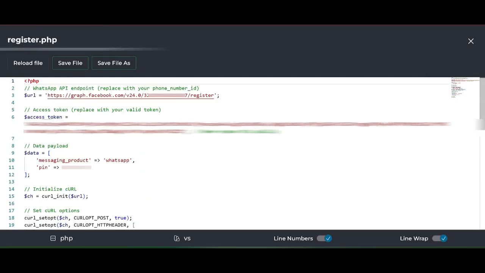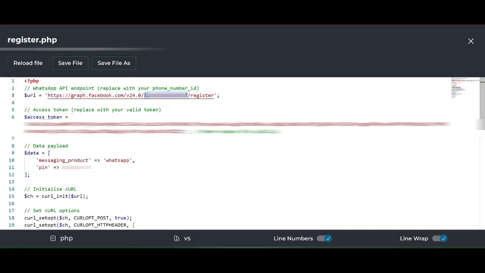So the WhatsApp API endpoint, right? This is the link that you're going to use. It might change, really. It depends on when you are viewing this video, especially here on version 24. There might be a later version at the time of viewing this video, right? So what you need to be aware of is on the code that I'm going to give you in the description,